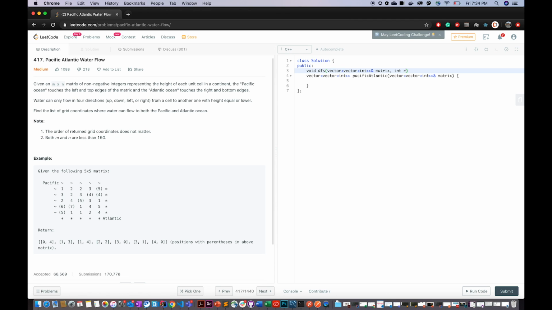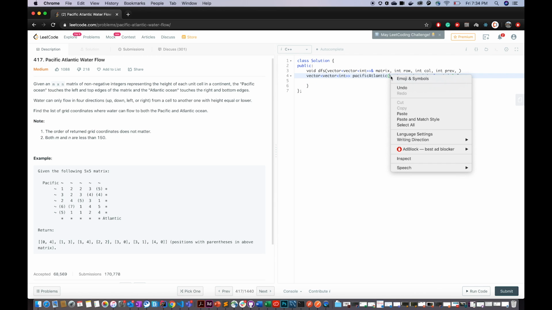It needs a row, which is the current row. It needs a column, which is the current column which we are traversing. It needs the previous value of the matrix, so that we can judge whether water can flow into the current row or column based upon the previous value, right? And it should also take a vector of vector to judge whether we are in the Pacific Ocean or the Atlantic Ocean vector.